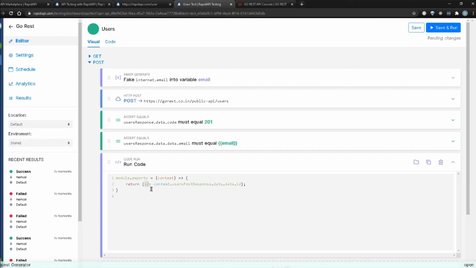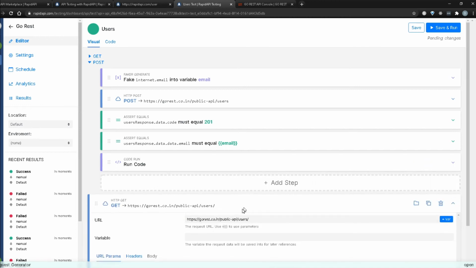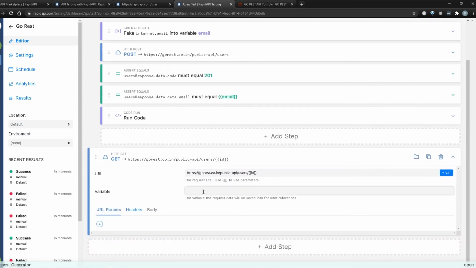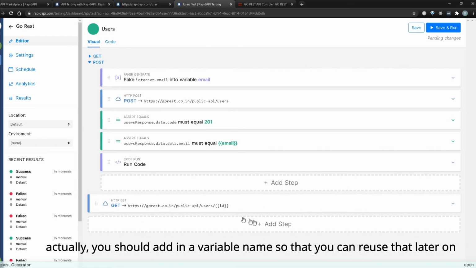And over here, I will pass in the ID. So this ID, or whatever you put in here, would be your variable. I'm going to minimize this. And then in my test, I'm going to add that here and just do ID. So this will pick up the random ID that will actually get saved from here. For my variable, I don't have to put anything over here because we're not doing anything.